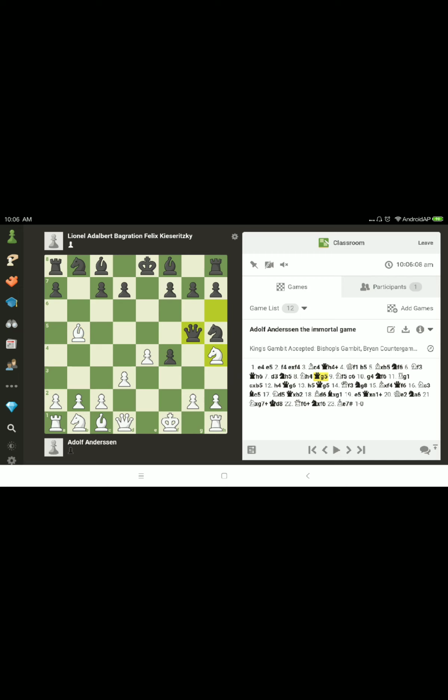Yes, but still black can move g6, and after knight d4, continue bishop g7 and bishop c5, put pressure on the knight and attack the bishop. So how to move for white? Knight f5. Okay, they moved knight f5,